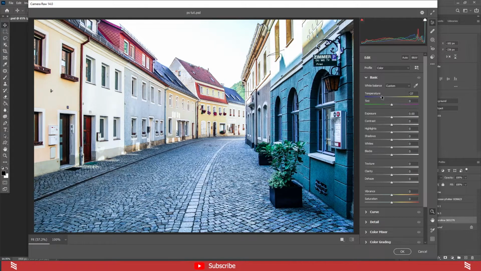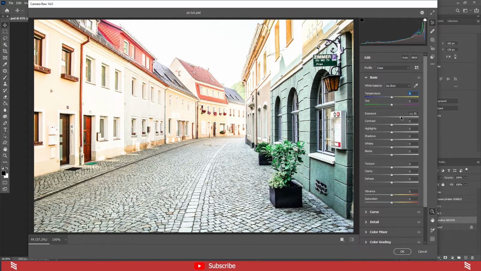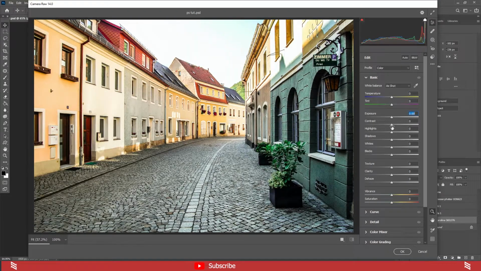If you want some blue look to it, we can play with temperature. If you want a yellow look, if you want a green tint, purple tint, exposure affects the lights overall of the photo, so turn on the lights, turn off the lights. Contrast makes whites whiter, makes blacks blacker. Highlights affects certain points of the lights, unlike exposure, so turn on the lights, turn down the lights, turn off the lights. Shadows affects black parts,